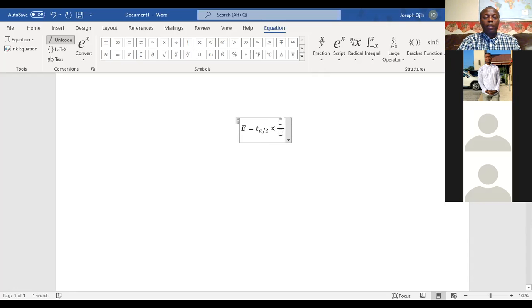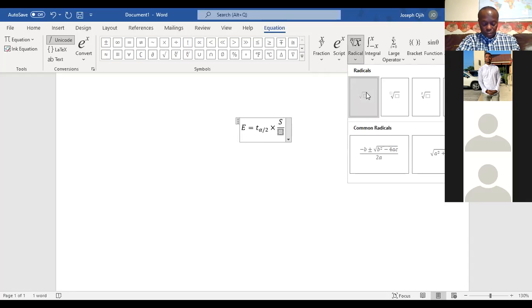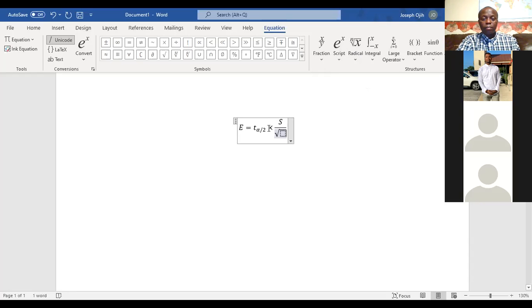We're using sample standard deviation this time, which is s, over the square root of n. n is the sample size. In this case, our n is